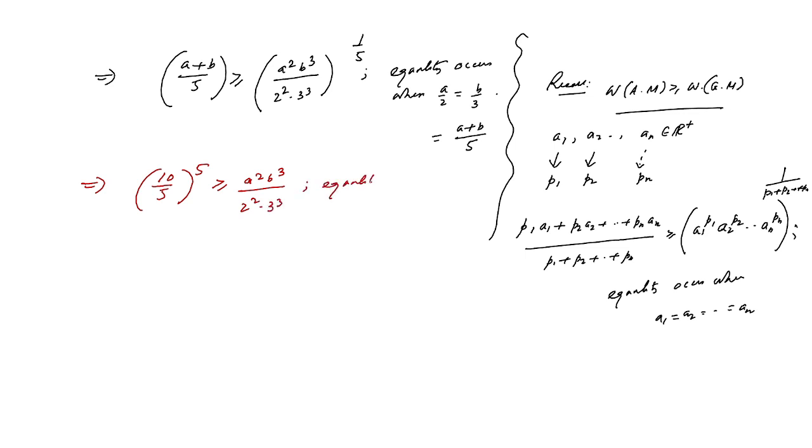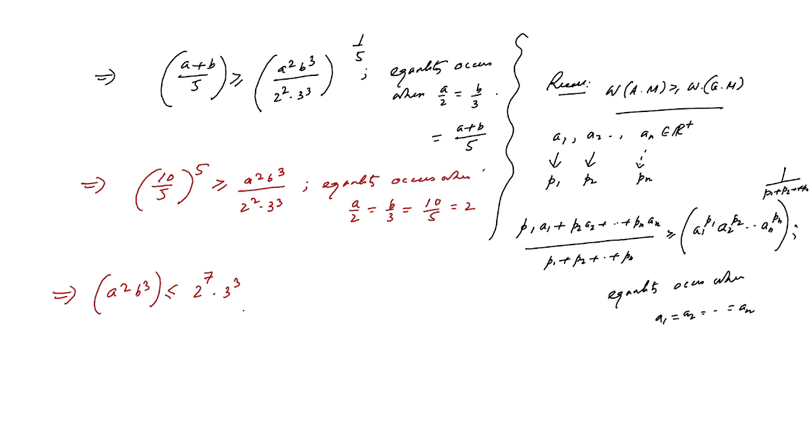And equality occurs when a by 2 equals b by 3, which is 10 by 5, that means 2. That implies a square b cube is less than or equal to 2 square times 2 to the power 5, so 2 to the power 7, times 3 cube,